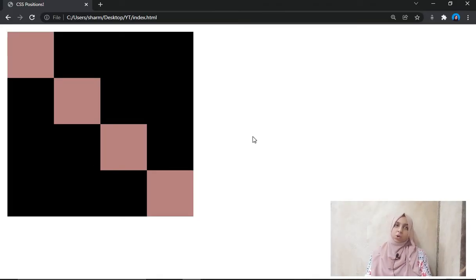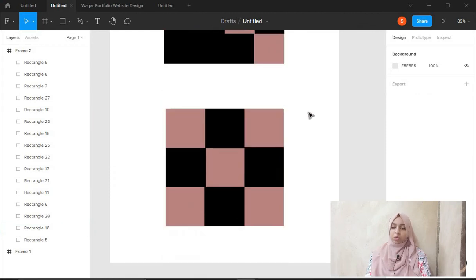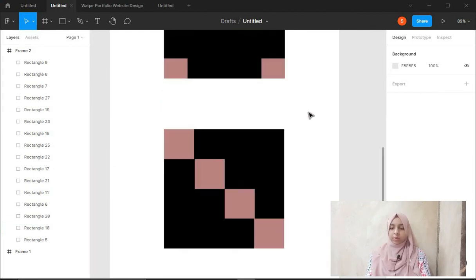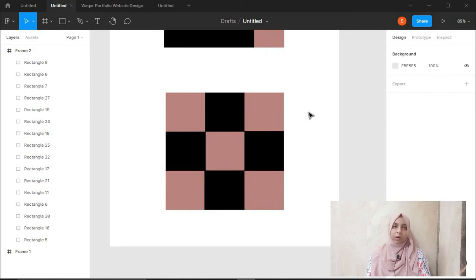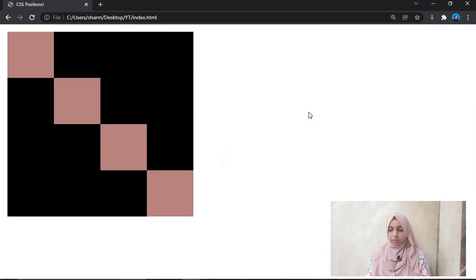So this is how you solve your second example, and now let's go with the third example. So if you were able to do these two, great, you can do the third one as well. It's very easy.